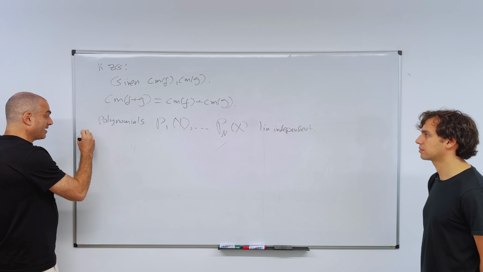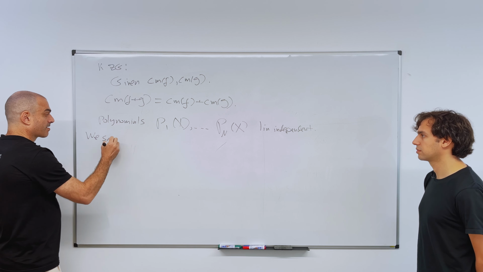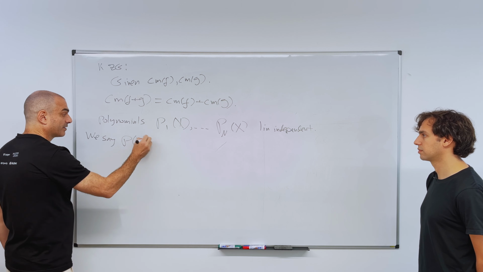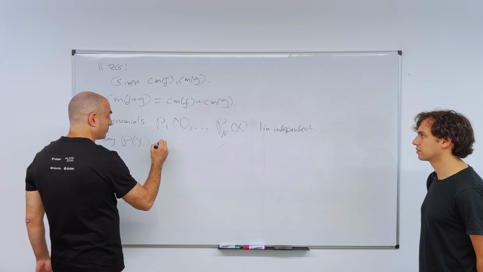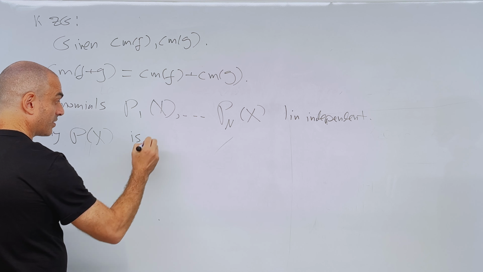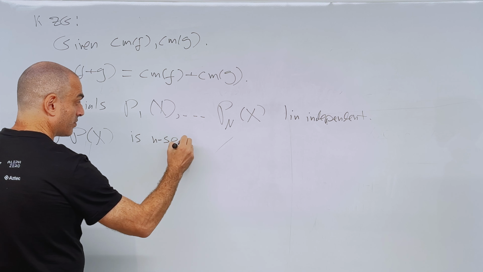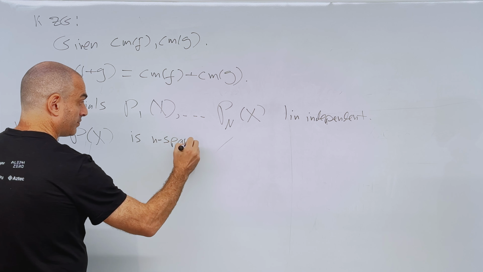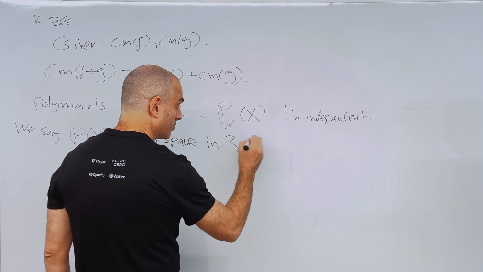So now we say a polynomial P is little n sparse in the basis of the Pi's,